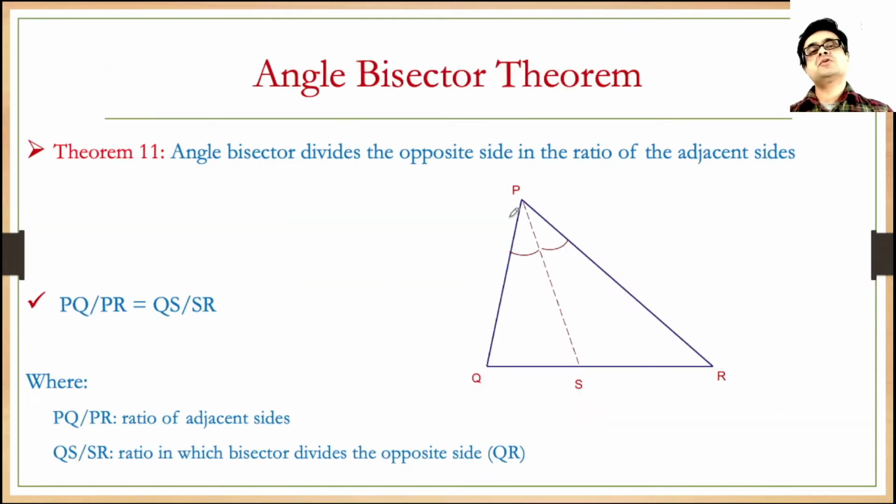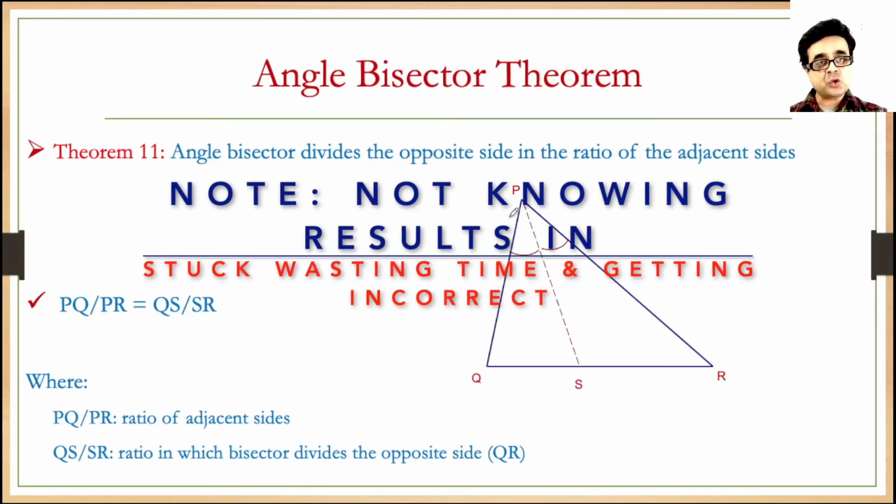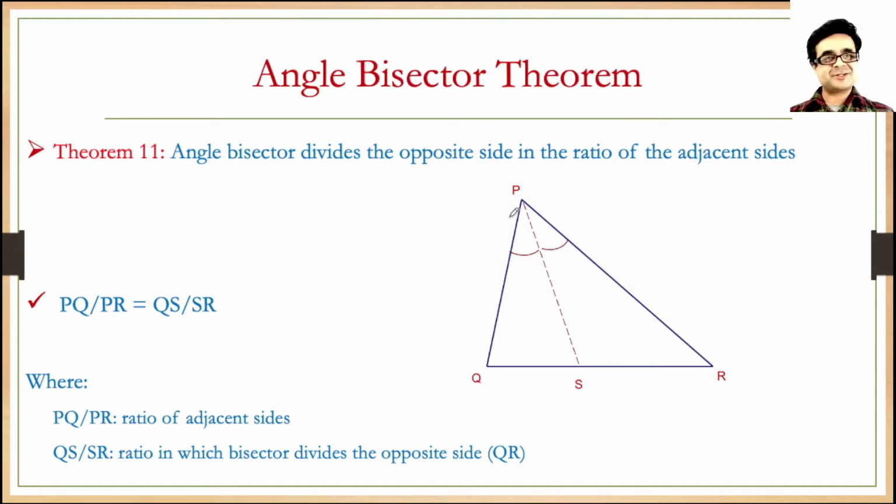Okay, so this is one of those theorems which are very rare in application. However, if you don't know these theorems, it will likely cost you the question itself. So there is a trade-off. You may actually not commit to the memory, assuming that it will not come in the exam. However, if it does come in the exam, you would likely not be able to actually proceed and get the answer. And the theorem is this: when you have an angle bisector